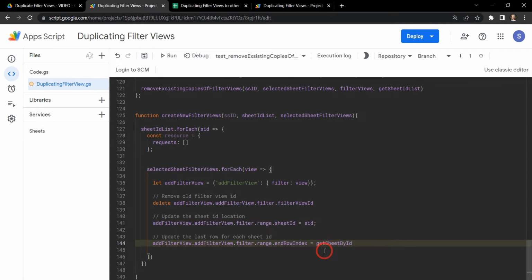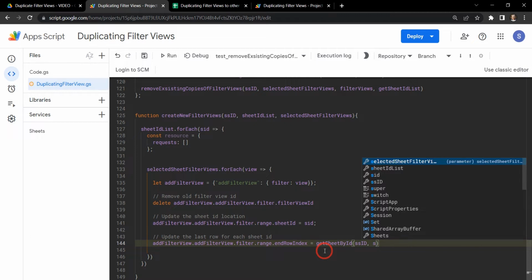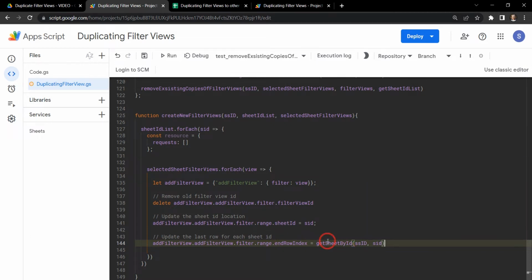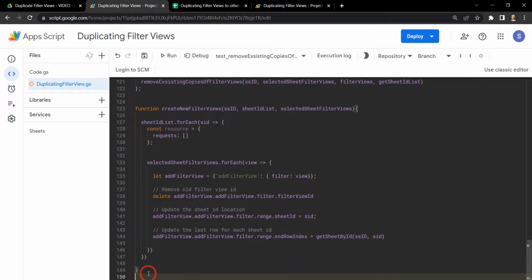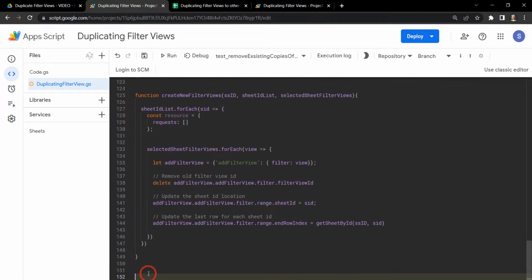And that's going to contain our spreadsheet ID, so our SSID, and our sheet ID, SID. Okay, so that's going to get us the constructor for the current spreadsheet. And let's just copy that quickly, Control C, head down to the bottom here and create a new function. May reuse this again, and we'll say function, Control V to paste,